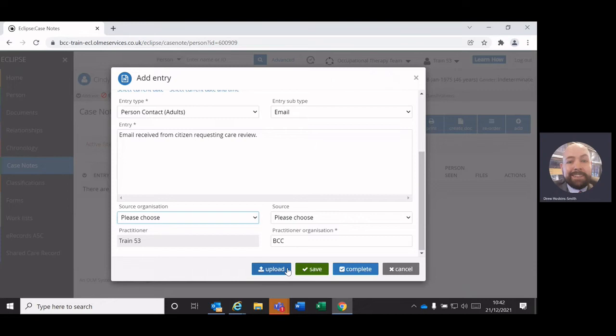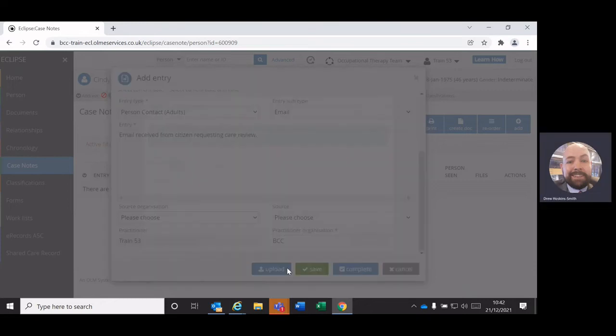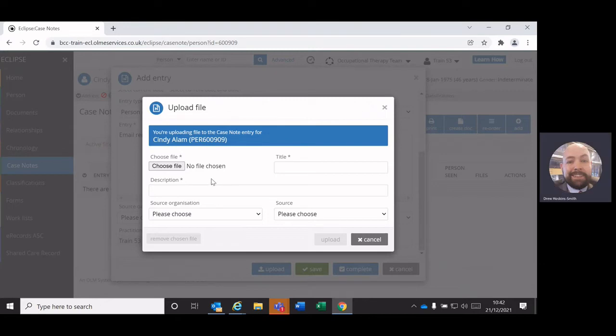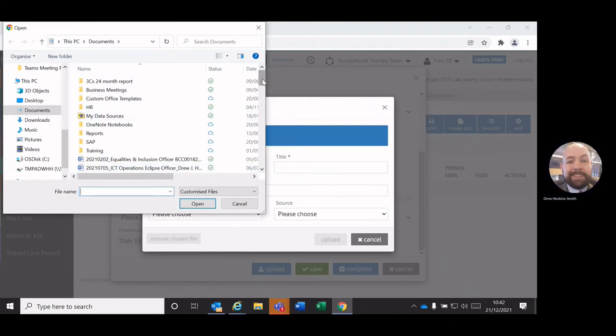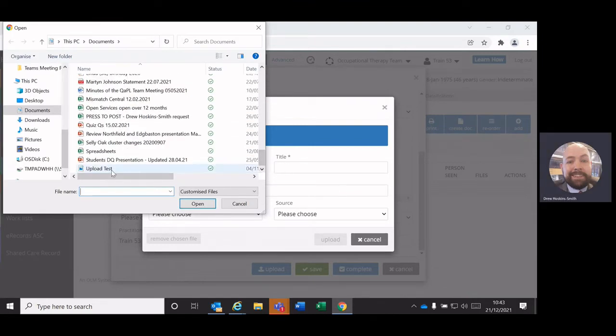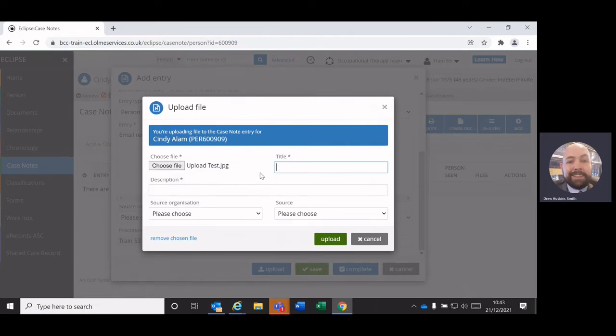Lastly, here you can upload a document. If you click on this, a new window will pop up and it will offer you to choose a file. In the context of this case note that I've created, we could say that having received the email, we decided that because there's a lot of text in it, rather than copy and paste this into the case note, which you could do, we're going to actually just put a summary in the case notes and then attach the actual email, which can then be accessed and viewed at any time. This replaces the e-records function of uploading documents,